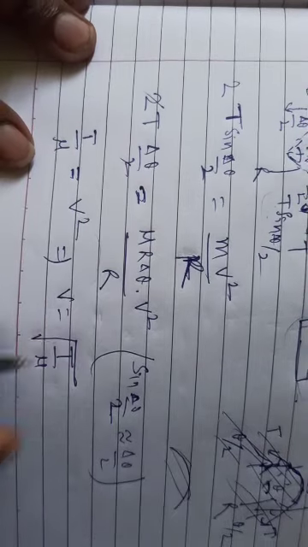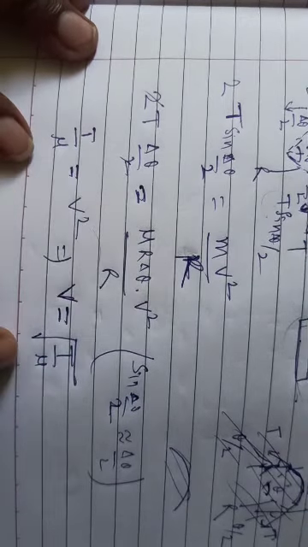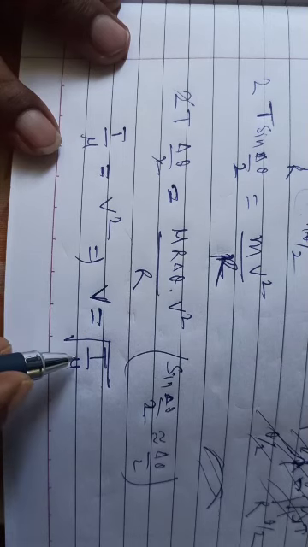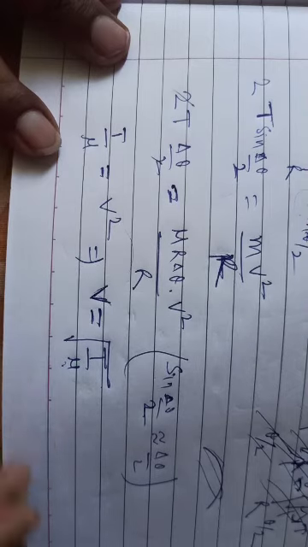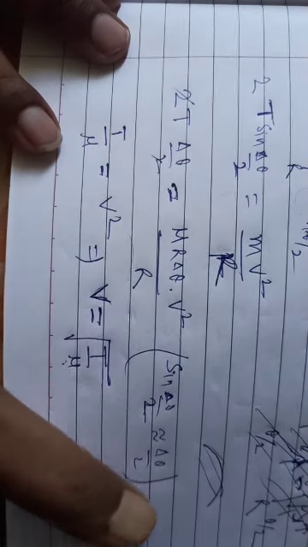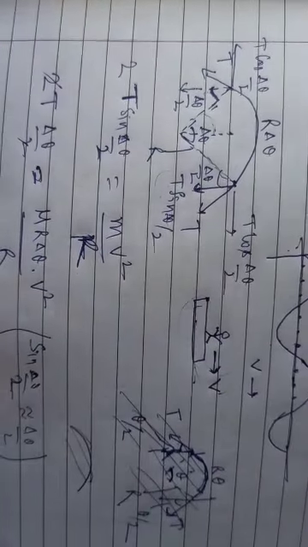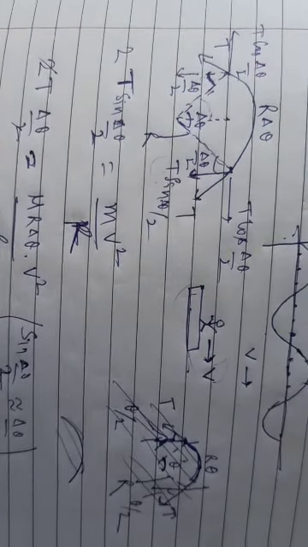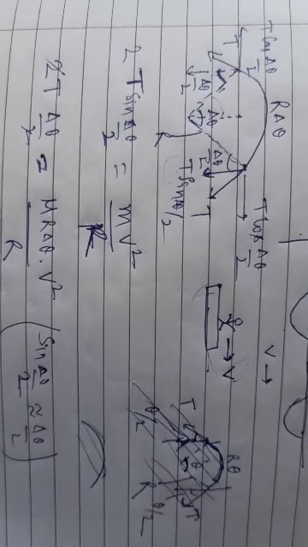So v is equal to root T by μ. The speed of the wave will be given by the tension on the string upon the mass per unit length of the string. You can just remember this formula, because this is the velocity with which the particles were moving in the backward direction in the reference frame of the person who was moving with speed v. So these particles should be moving with speed v, but actually these particles are not moving, the wave is moving, so the wave speed is root under T by μ.